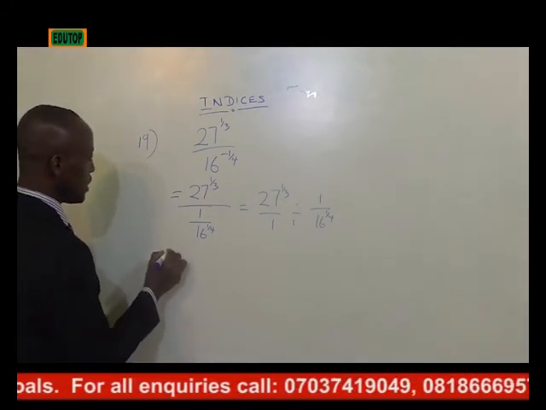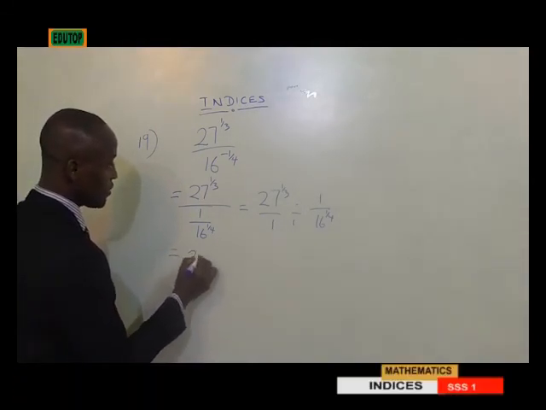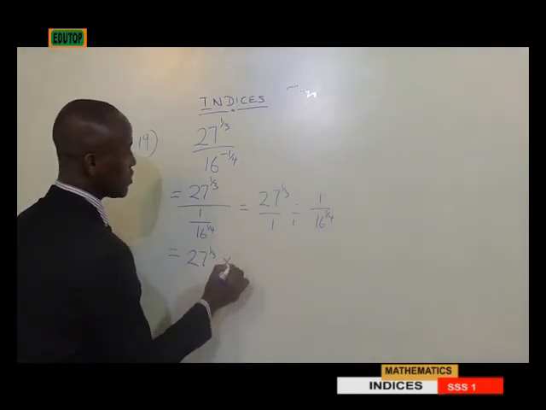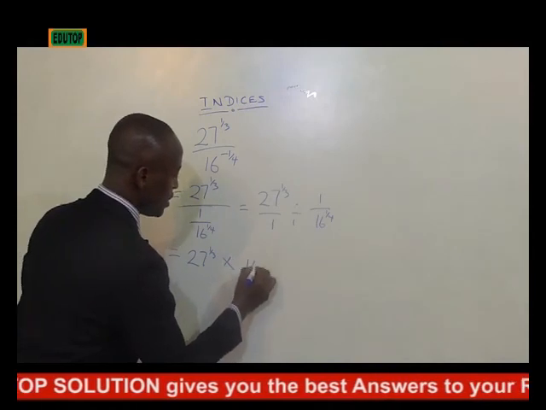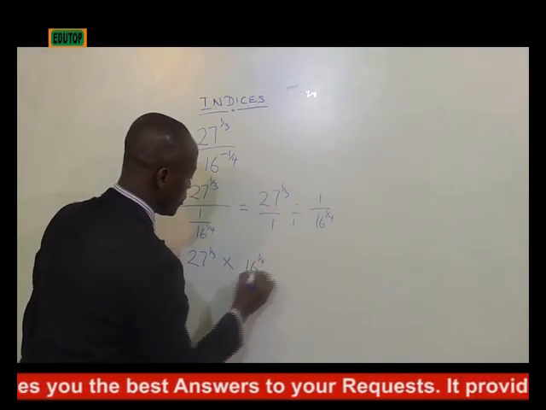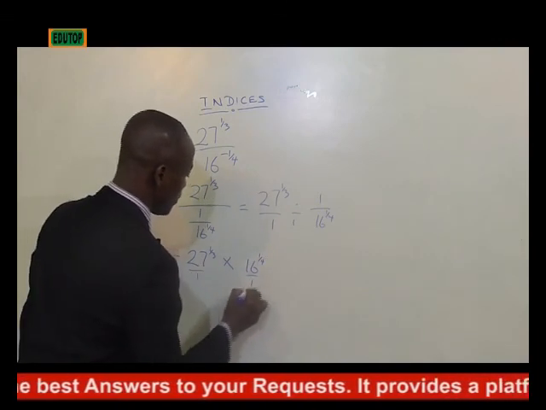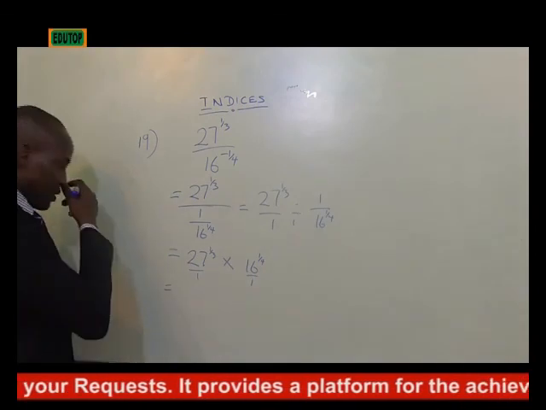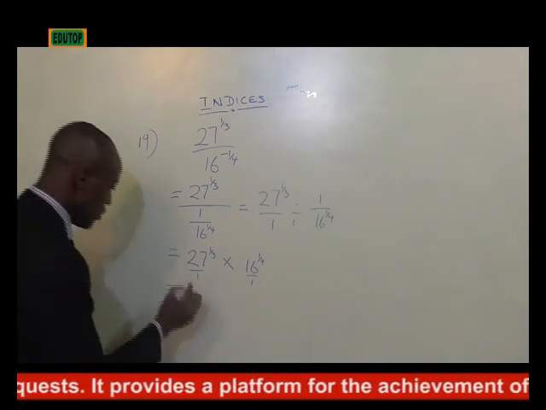So we'll be having something like this: 27 raised to 1 over 3 times 16 all over raised to power 1 over 4. This over 1, this over 1. So we will now be having something like this. Applying the sixth law of indices, this will become